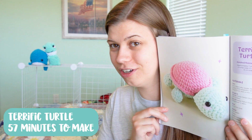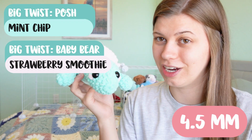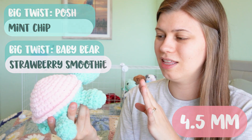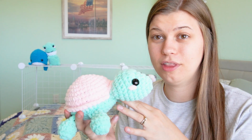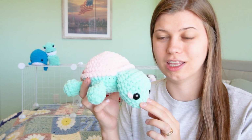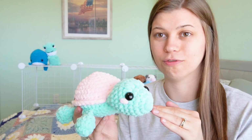The next pattern featured in the book is the Terrific Turtle. And again, I went with basically the same colors as Jenna, doing the mint green and the light pink. I really like how it turned out. The only thing that I noticed that was a little weird for me was that even though the head is no-sew, you attach it without sewing it on, if you want it to not flop over like this, it wants to flop a lot, you have to go back and reinforce your assembly there